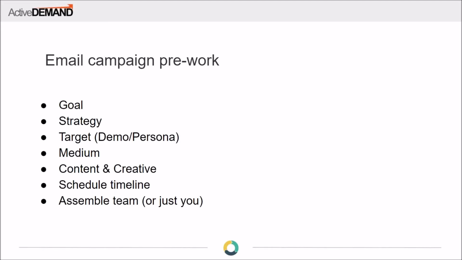personas that we're targeting. We can schedule a timeline and then assemble a team, or the team might just be yourself as well, right? So this is just a general checklist to go through. It's good, even after you've done like 100 emails, it's still good to go through a quick little checklist like this, just to make sure that you're not accidentally sending an email for the wrong purposes, or just to make sure that you're covering your bases and following